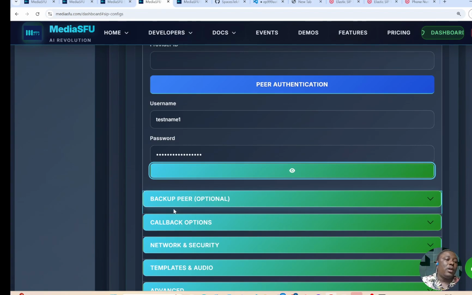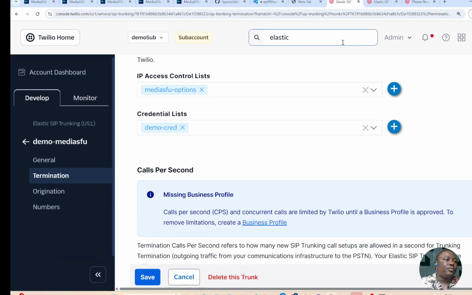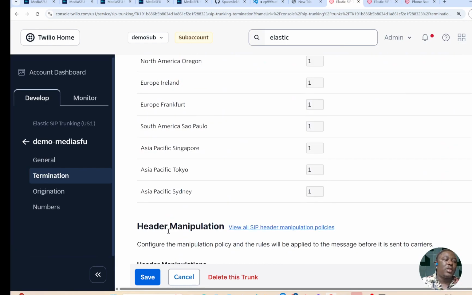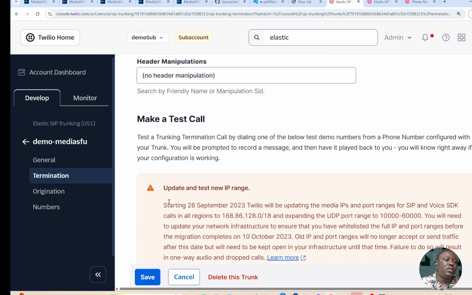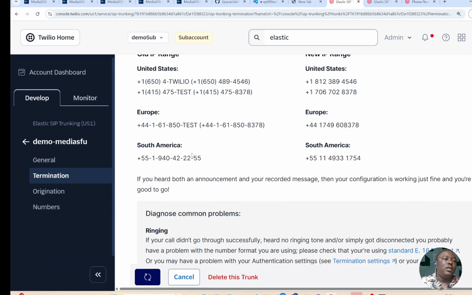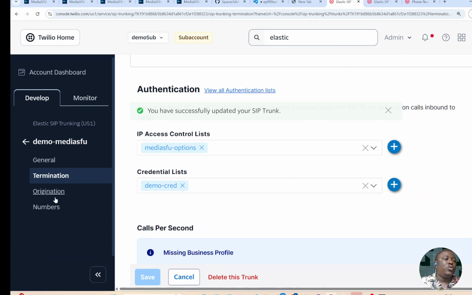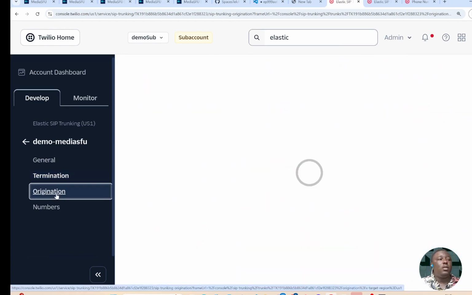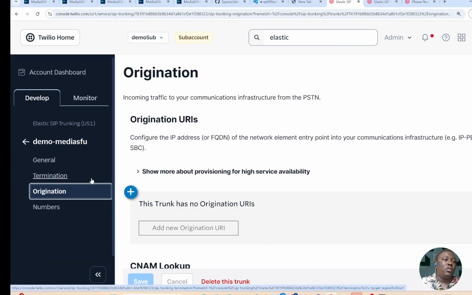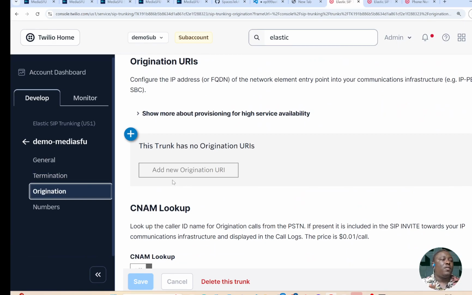Now we are going to go back to the Twilio side again, and in here we have to save this. So we have this tool. We have to just hit the save. Now once we've saved this, we go to the origination part where it needs to support the origins. So for just a quick one,